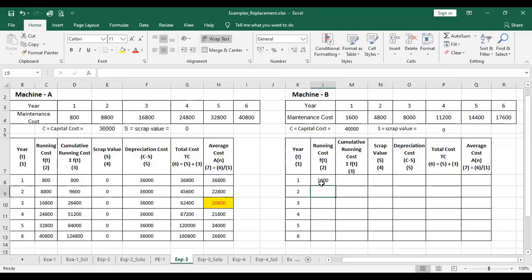Now, can anybody tell me the year at which we have to change machine B? We will be solving this example again as part A, or we can say aging of machines. Then we will compare it, and I will give you the justification at what time it is better to replace the machine. So fill out this table and let me know the time period at which we have to change machine B. Right now we are not comparing with machine A. Just find out the year.